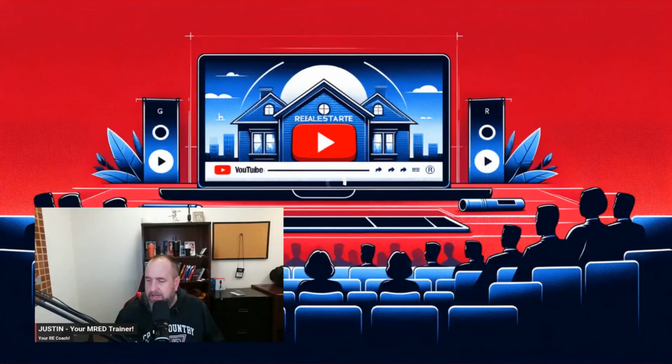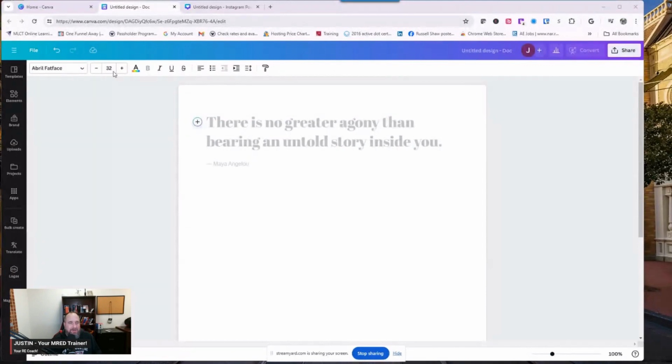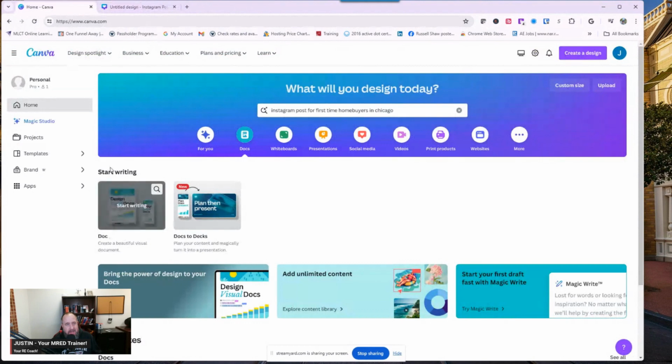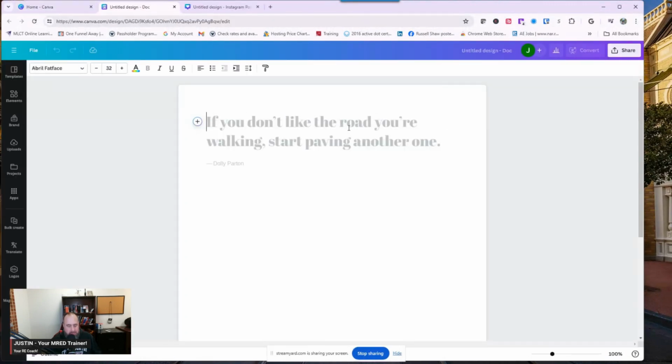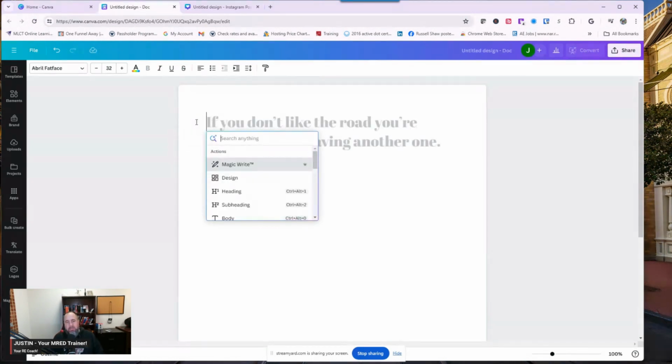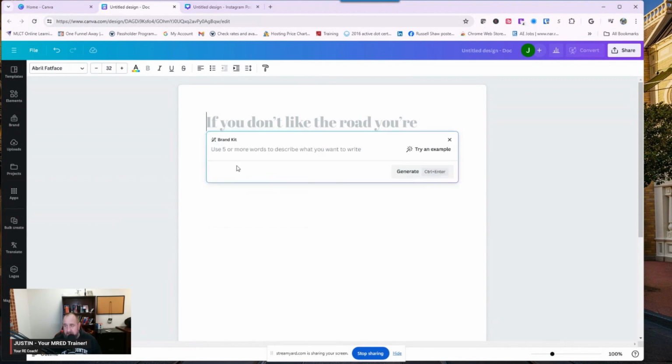So again, let me bring this back to the screen. I will show you one more time. When you're on the dashboard, you will see docs up here. If I click on start writing, it brings a doc up here. As I just hinted, I could write here whatever I want to write, but there's a little plus symbol right here. That little plus symbol will let me, right off the bat, first thing, choose Magic Write. If I write in here, I can do things. I've got to write at least 5 words describing what I want. I could come in here and say,